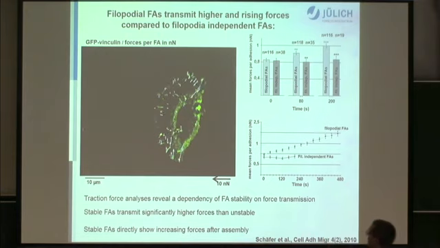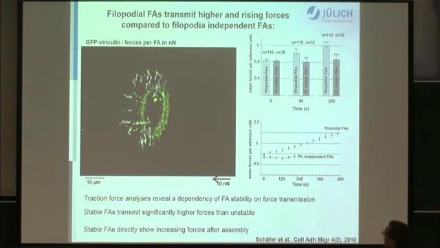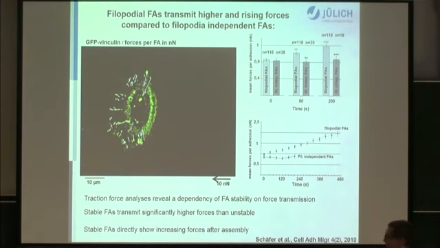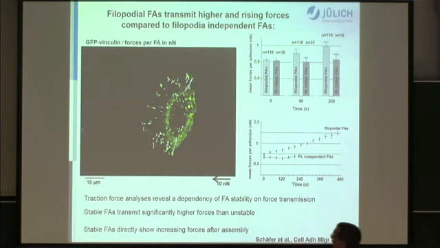What you see is that the forces are relatively small, in the 0.5 to 1 nanonewton range, for very young focal adhesions, and over time those forces increase the more mature those focal adhesions become. The highest forces are visible at both rear ends,